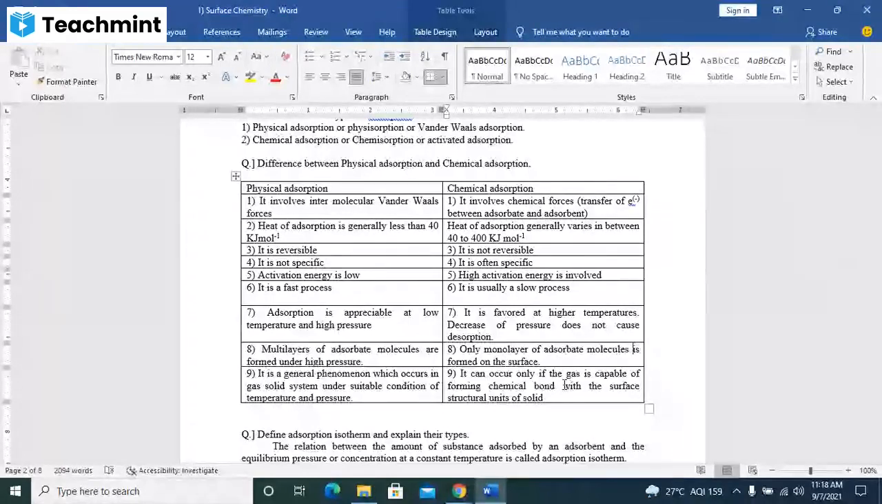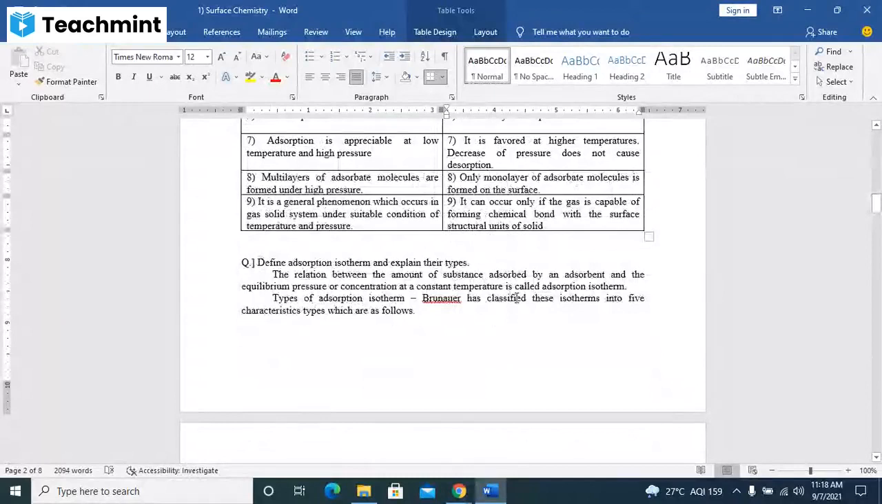Okay. And then define adsorption isotherm and explain their types. The relation between the amount of the substance adsorbed